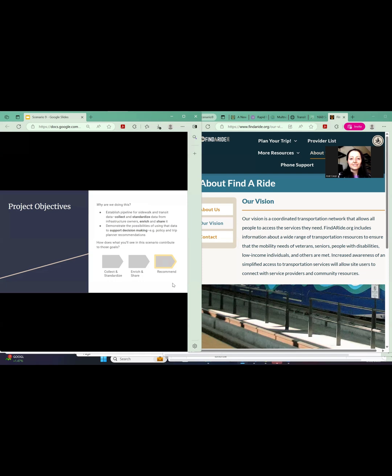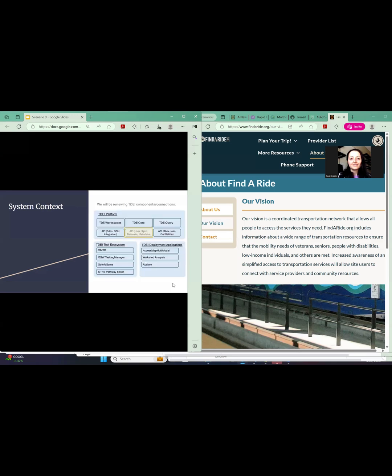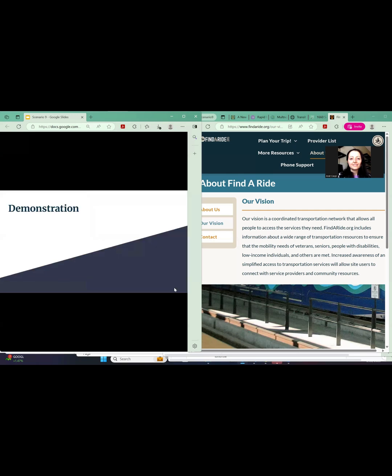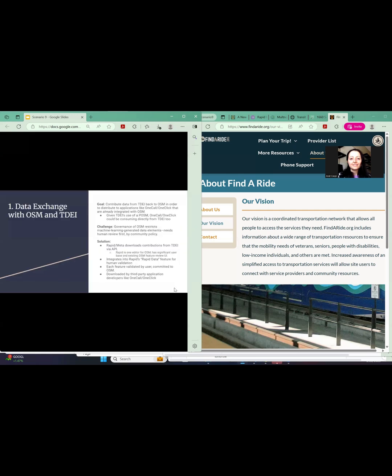And we demonstrate the possibility of using that data to support decision makers, both for trip planners as well as policy recommendations. As far as system context, this makes heavy use of our APIs, specifically for API data consumers. Let's go ahead with a demonstration.